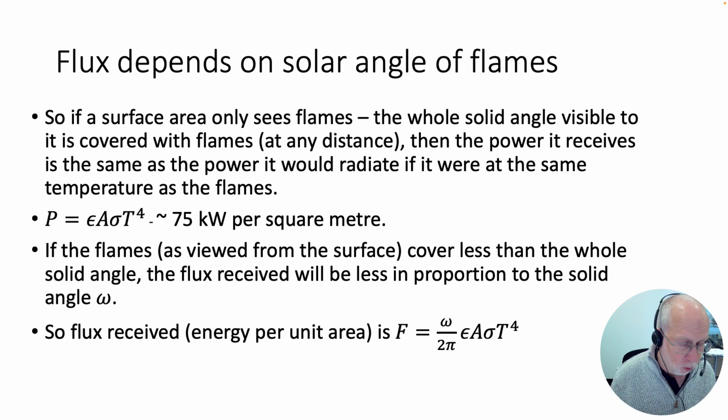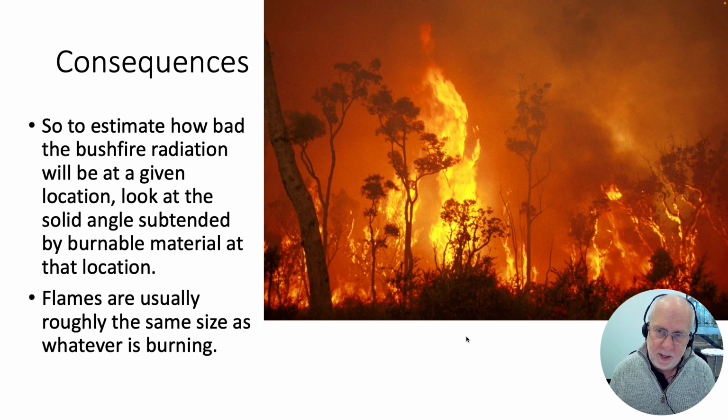And this has enormous consequences. Generally speaking, when things are burning, the flames are about the same size as whatever's burning. So you can see the flames are about the same size as the trees. So if you want to know in a particular location how bad the radiation would be, you just stand there, look at all the things that can burn around you and work out what fraction of the whole sphere around